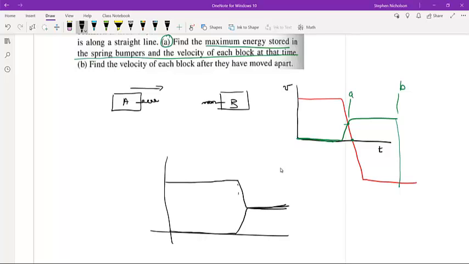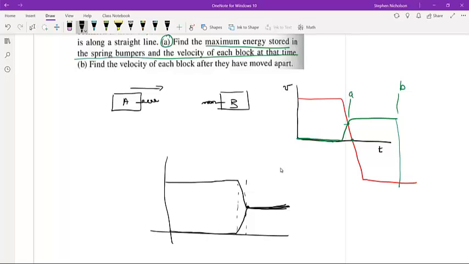So what's happening right here in this area is where we're losing the energy due to friction. Just before they hit, B is stationary, A is moving. They hit over a very short period of time. You're going to dissipate the energy, and then they're going to travel at the same speed,